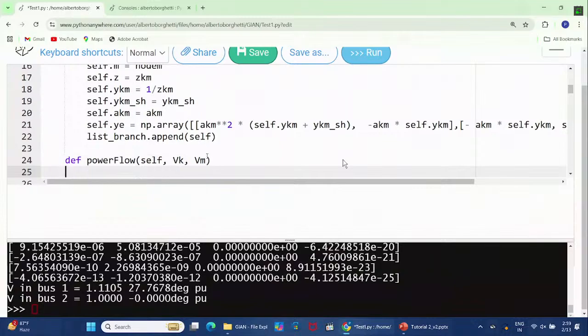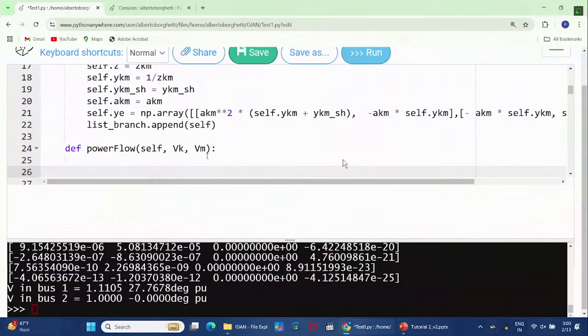We can say that, I need to put a colon here to write the equation, so we are in the second indent, you see. Then I can write just that Vm, because they are complex numbers, so we can say that Vk abs is equal to the absolute value of Vk, Vm abs. I don't know why I've chosen to write it in this way and not abs Vm, but